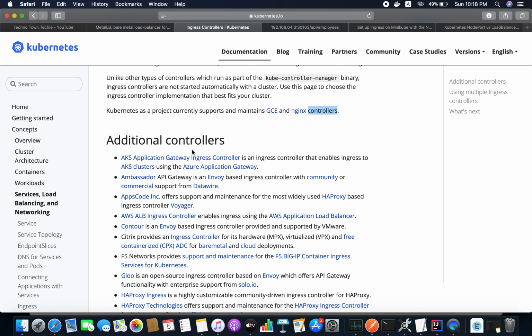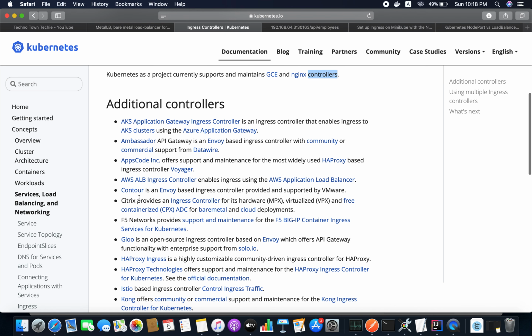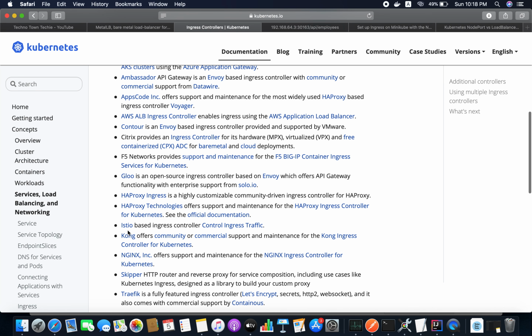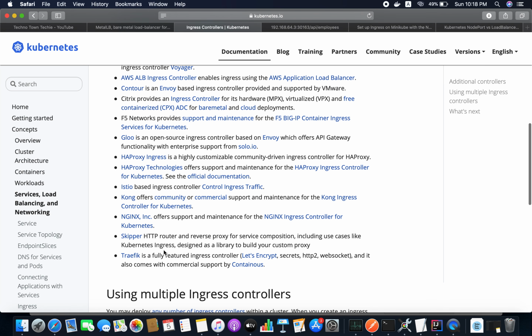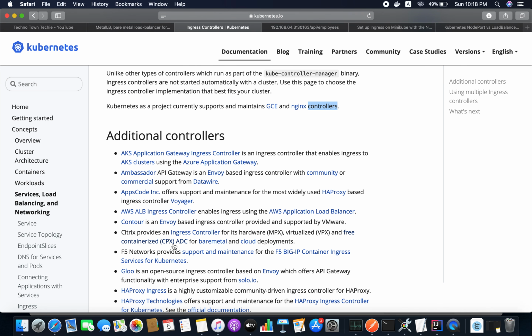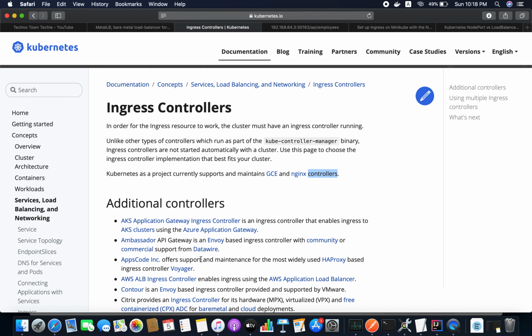Additional controllers include AKS application gateway, Ambassador API gateway, AWS ALB ingress controller, Contour, Gloo, HAProxy, Istio, which is a popular one, Kong, nginx, and Skipper. We have a lot of controllers available. I'm going to talk about the nginx controller in this video.